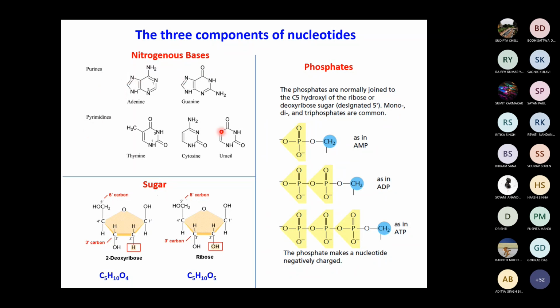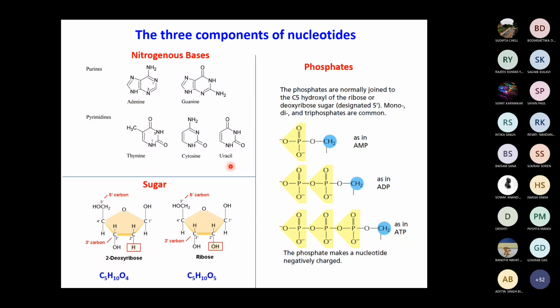Just look at this structure wherever I'm putting my pointer. You see the structure of purine and the structure of pyrimidine. What is the basic difference you can see over here? Rings. Double ring, single ring. Yeah, the number of the rings. You can see in the purines there are 2 rings, and in pyrimidine there is a single ring, a benzene ring. So that is the major difference between these 2 bases. Purines have 2 rings, and usually there are 2 purines, adenine and guanine, and pyrimidines there are 3,